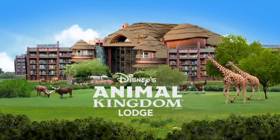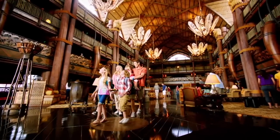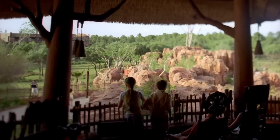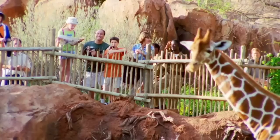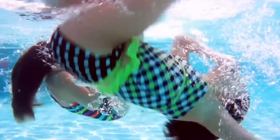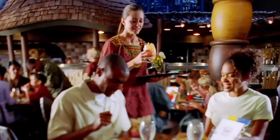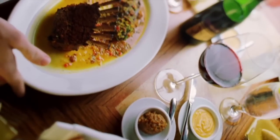Next up, we have one of my favorite resorts, Animal Kingdom Lodge. This deluxe resort has some of the best theming that Disney has to offer, and is based off of an African wildlife preserve, which gives guests the amazing savanna view from the comfort of their own rooms. With an impressive lobby area, swimming pools, and activities, there is so much to do and take in at this resort. The dining options don't disappoint as well, and offers authentic African, Indian, and European cuisine, with Sanaa being my